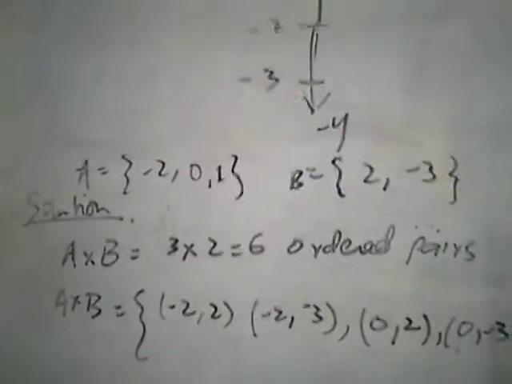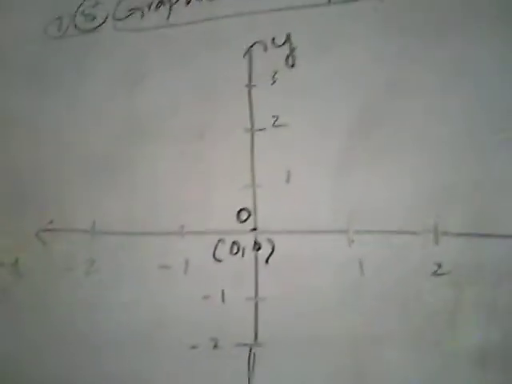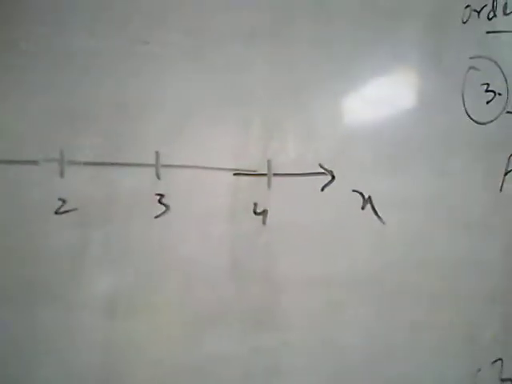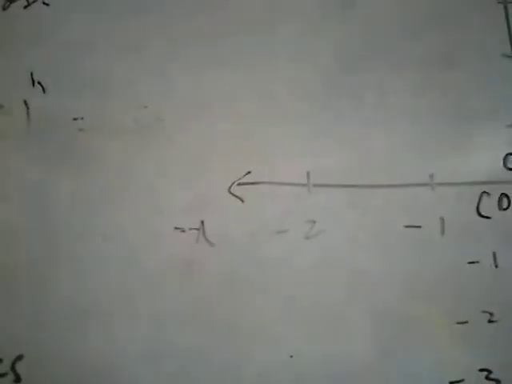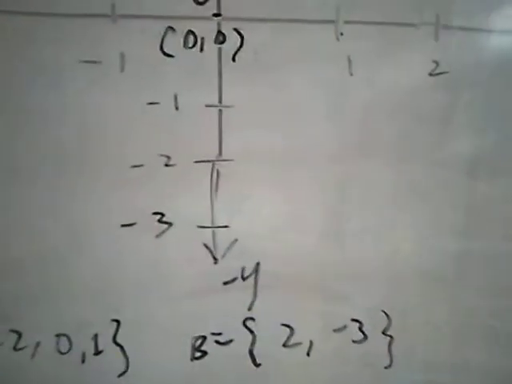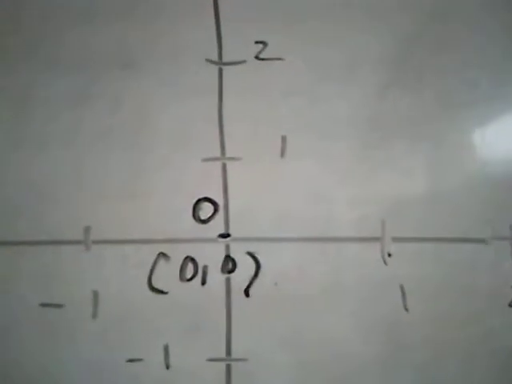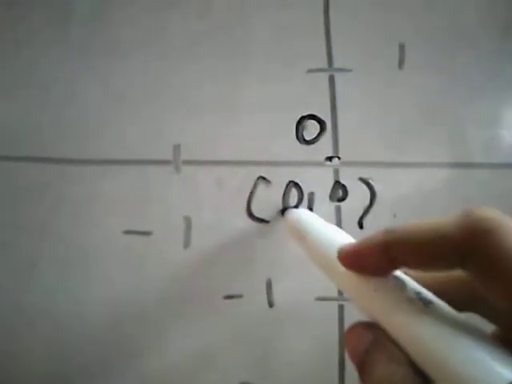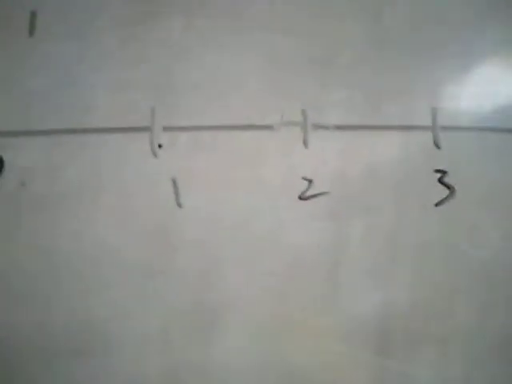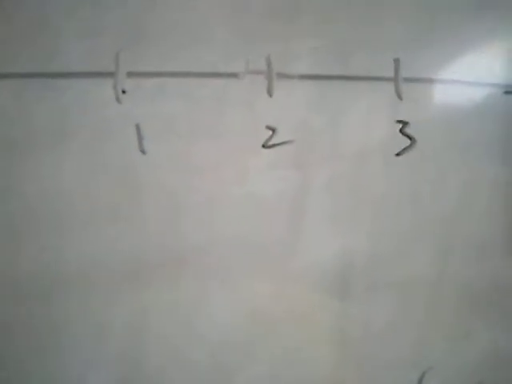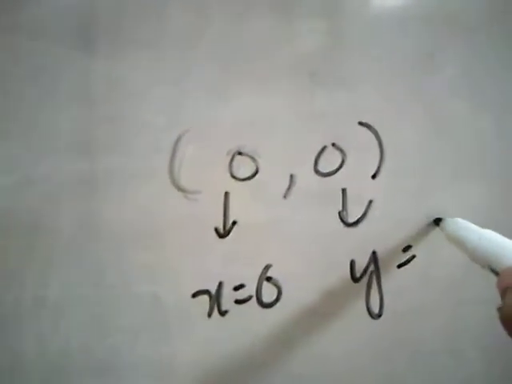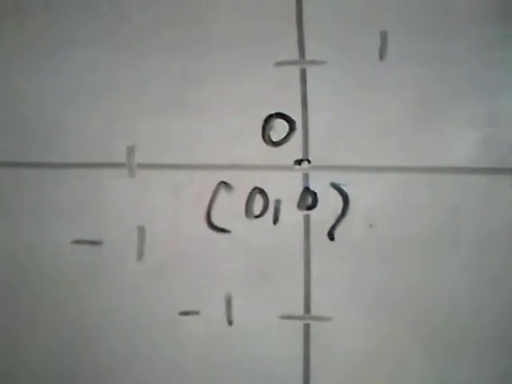Now in order to represent it graphically on the Cartesian coordinate system, first draw the Cartesian coordinate system in your copies like this. This is the positive x-axis on the right hand side, and on the left hand side is the negative x-axis. Similarly, on the top is the positive y-axis and on the bottom is the negative y-axis. This O, capital O, is the origin, and it has an ordered pair shown like 0, 0. The 0, 0 shows that at the x-axis the value of x is 0, and at the y-axis the value of y is 0. So origin is always 0, 0.